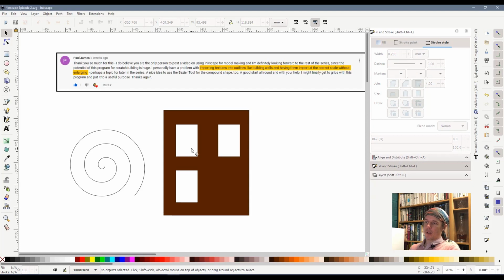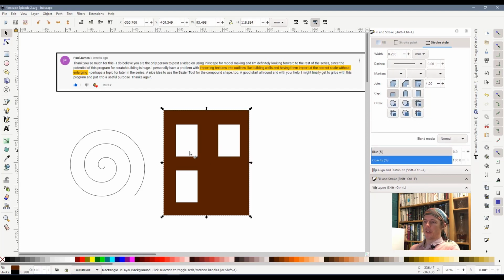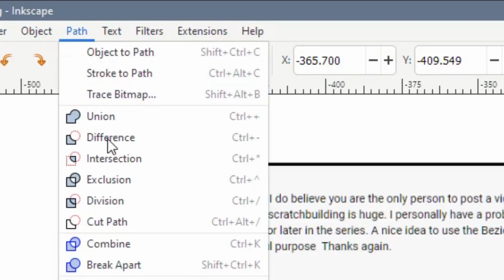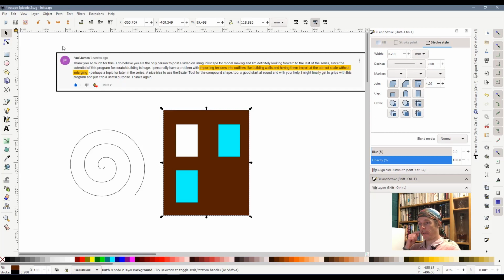So if you select the background and the first window, in fact, let's make the windows blue for now. Select the background and the first window, the window on top, just by holding Shift down. So click the background, hold Shift, click the foreground, and then we do path, difference. And what difference does is it takes the shape on top away from the shape underneath and essentially leaves a hole. So if we do that 3 times,